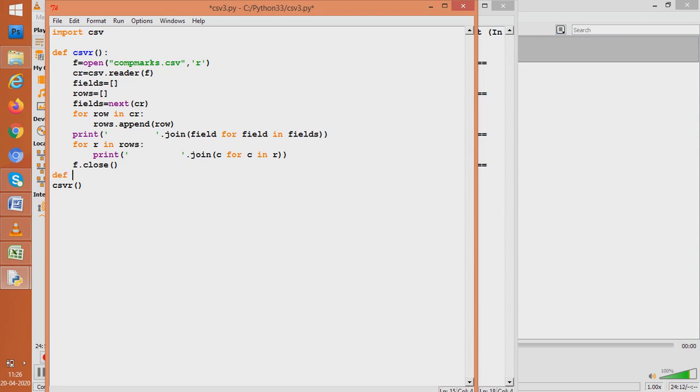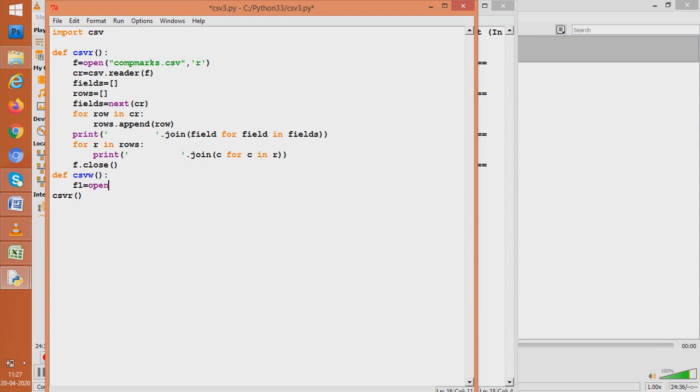So how to create a CSV file from Python? Let us take a function, say CSVW. Why have I taken that function? Because I want to write in a brand new CSV file. So when I want to write in a brand new CSV file through Python, we will take a file pointer F1 and write open.